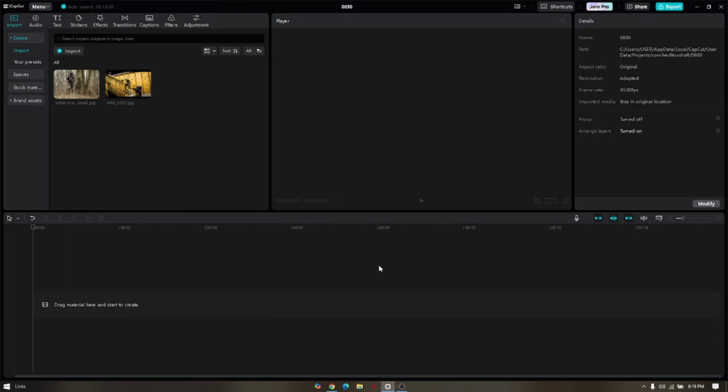How to add border in a video with Capcut. Now, first things first is you have to import the video or image you wanted the border to be added with. Now, once done, we have to drag the file to the timeline,